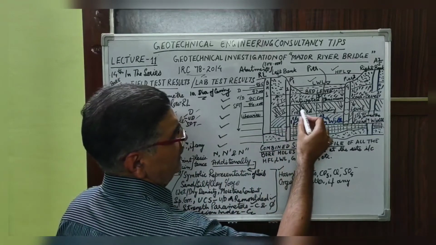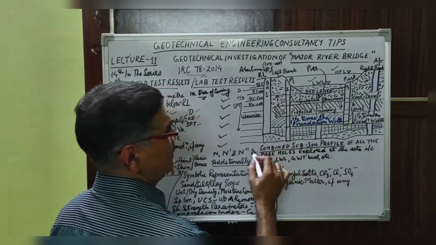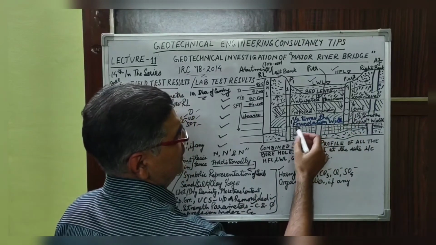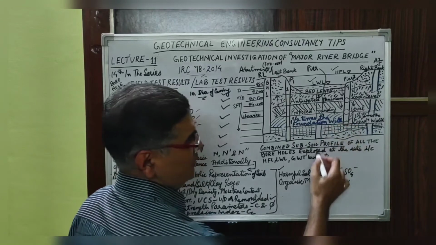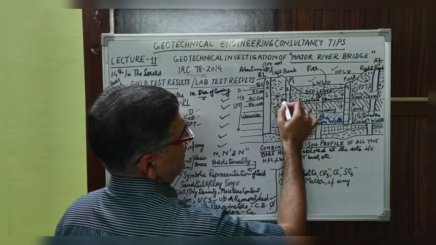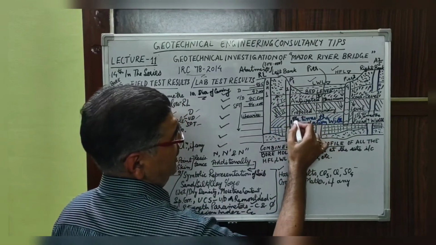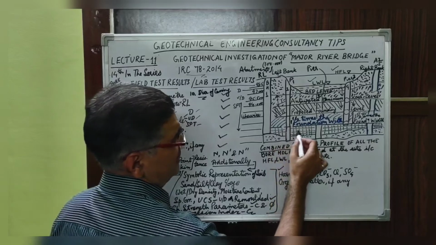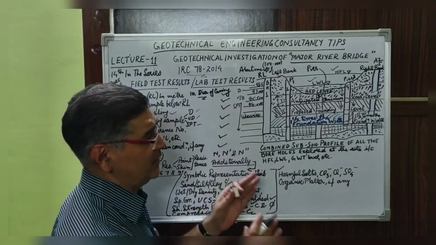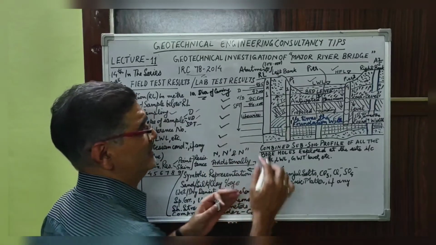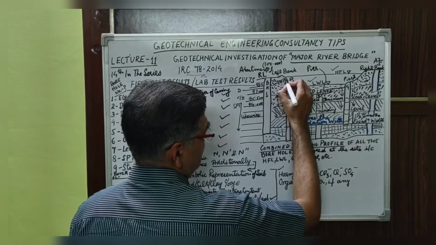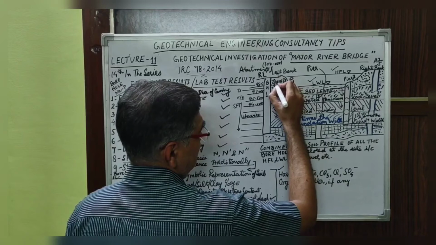Because in this we have to inbuild the anticipated maximum scour level also, the proposed founding level also, and the influence zone depth which is 1.5 times the proposed foundation width, and what has been demarcated as these dots and this dashed line and these diagonal lines are, say for example, representations of the kind of the soil matrix. Say this is sand,